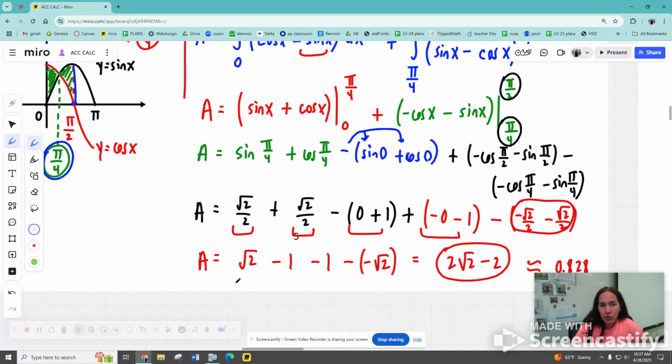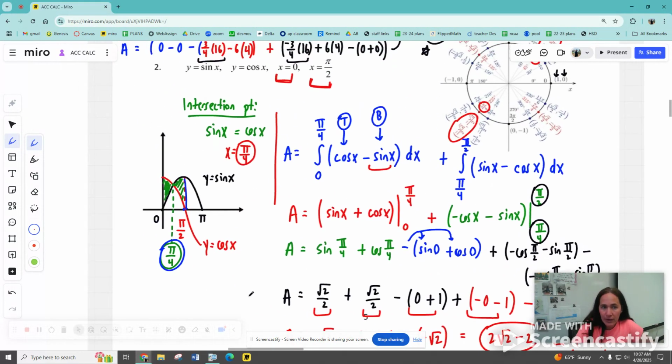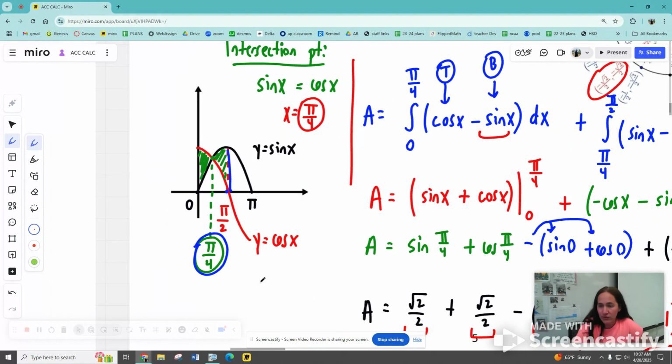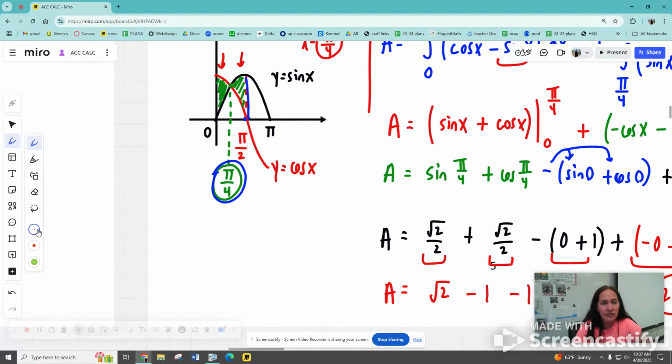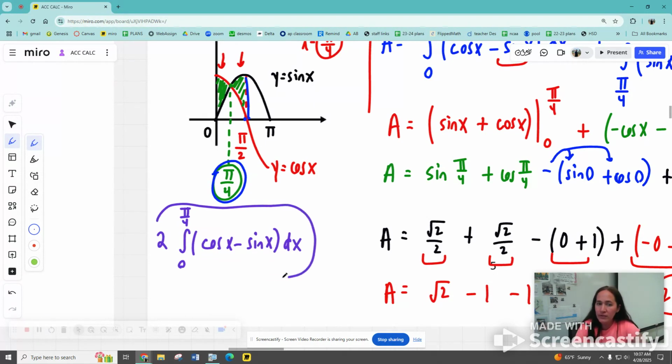That was it. I wanted to work on that for practice. Another thing I wanted to mention that some of you may have figured out back with this picture is there is a shortcut for this. Because of the beautiful symmetry of sine and cosine, we know these two bounded regions have the exact same area. So if we wanted to cut this work in half and just take one integral, I just wanted to give you this as an option, we could take just the integral from 0 to pi over 4 of what would be top minus bottom, cosine minus sine. And maybe you'd suspect this, we could just double it. We could double this answer, get the same exact solution because we know those